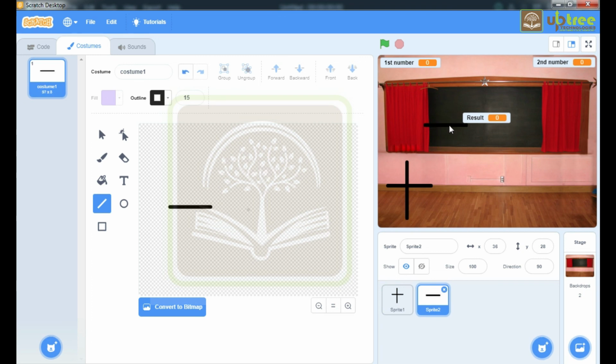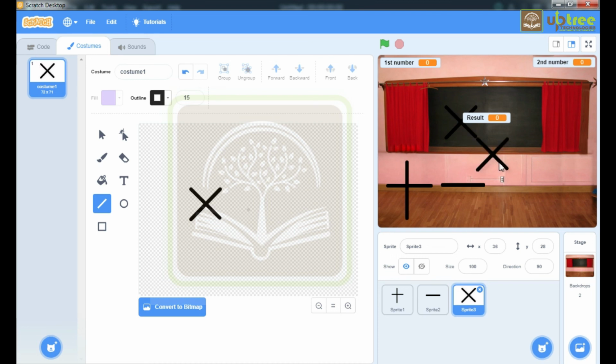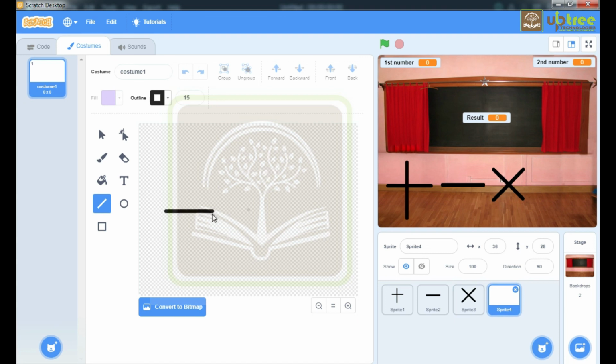Minus. Then multiplication, and at last divide. I need these two circles. We are done with this.